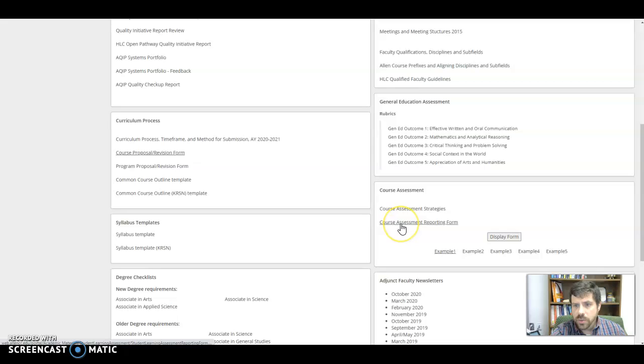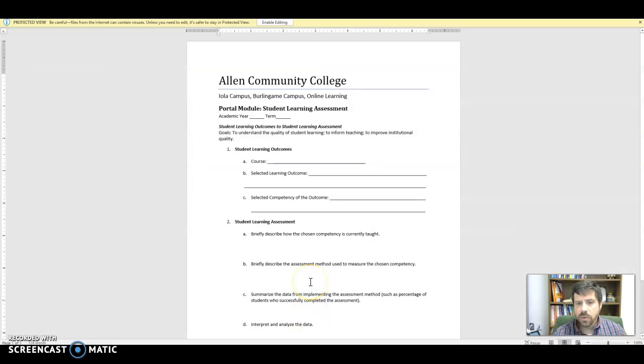You can also review the reporting form. A lot of instructors like to do that. If you click on Course Assessment Reporting Form, it's going to come up as a Word document like this one. A lot of instructors like to write it up in the Word document and then paste it into our assessment